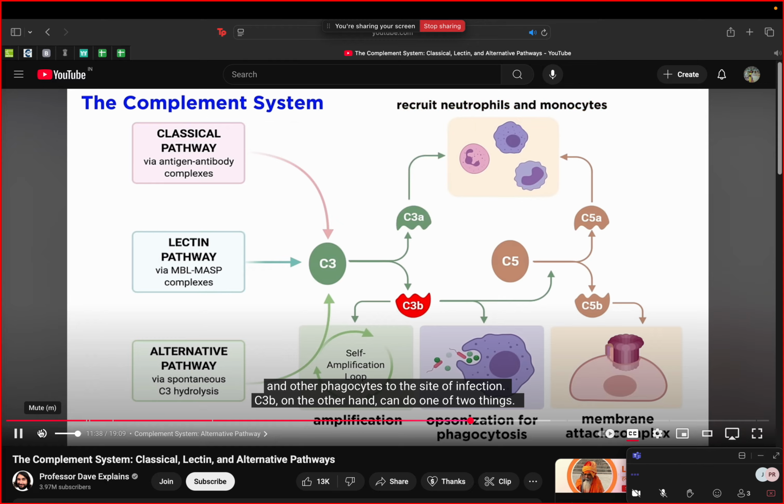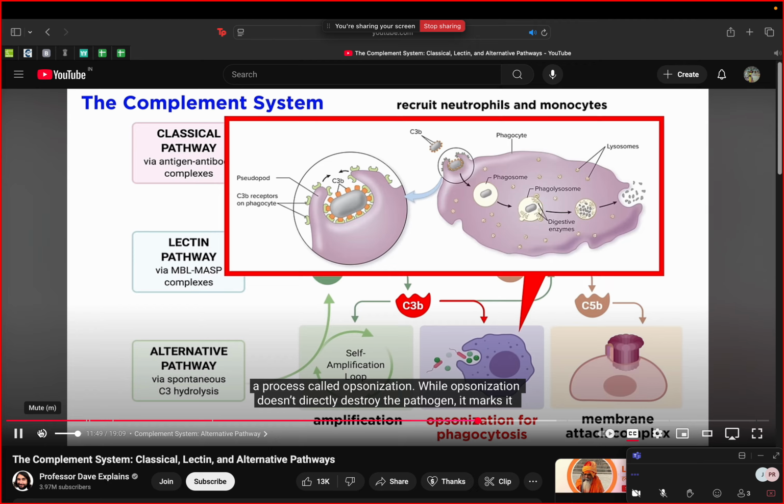C3b, on the other hand, can do one of two things. The first thing is that many molecules of C3b can bind to the surface of the pathogen, coating it in a process called opsonization. While opsonization doesn't directly destroy the pathogen, it marks it for destruction by phagocytes like macrophages. Phagocytes have receptors that recognize C3b coating the surface of a pathogen and will phagocytose objects or organisms coated in C3b. Opsonization is especially effective when the pathogen is also coated in antigen-specific antibody, as phagocytes also have receptors that